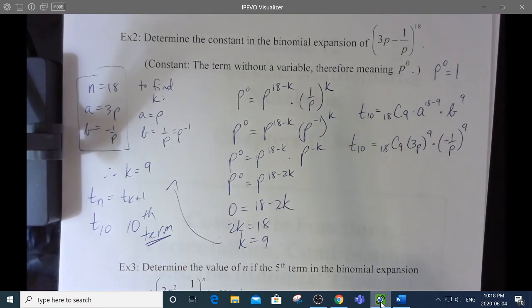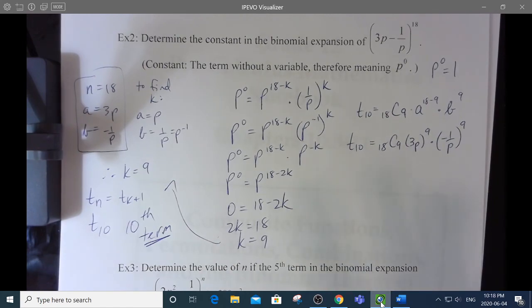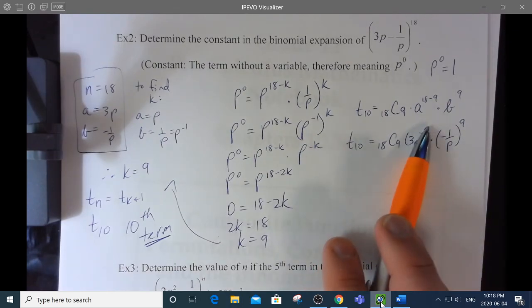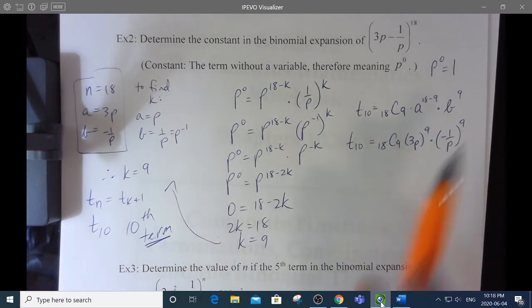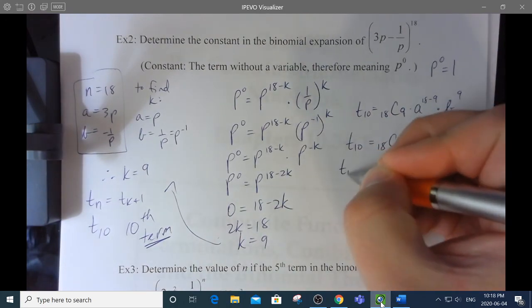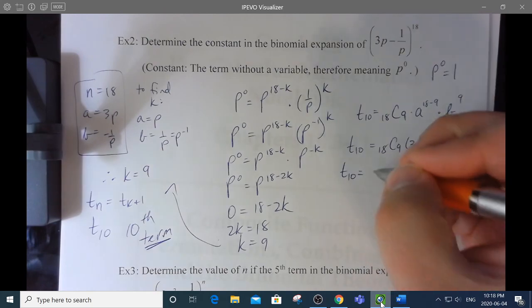Now remember, this was supposed to be the constant, which is the term without a variable, and I can see that that's about to happen, because this is going to be p to the 9, and this is going to be 1 over p to the 9. Then p to the 9 is going to cancel, which is exactly what we wanted. So I'm going to have to punch 18 choose 9. It's going to be something big. Actually, I already did this. It's